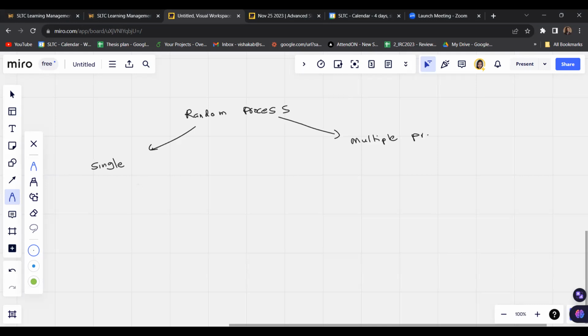When we consider the single random process, we discussed the expectation value of the process, or the mean value of the random process. We discussed the variance of the random process,